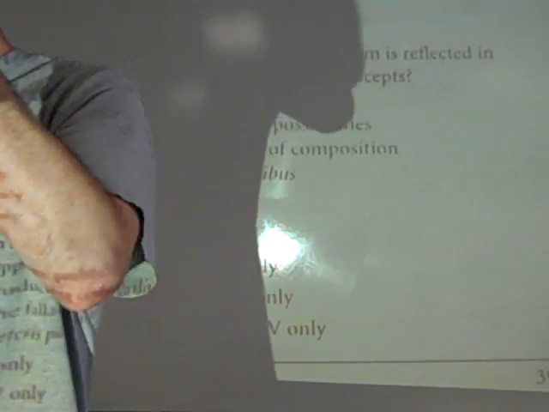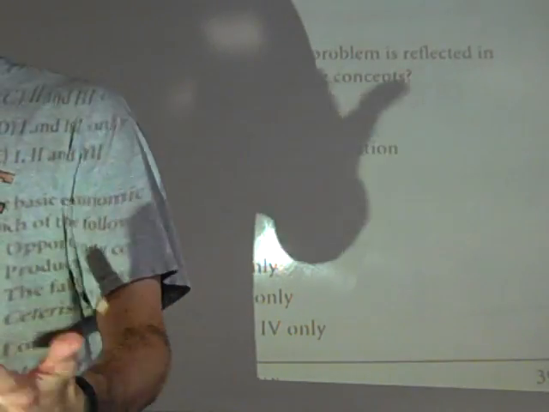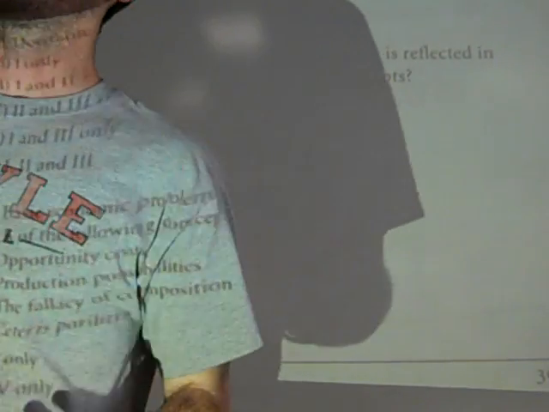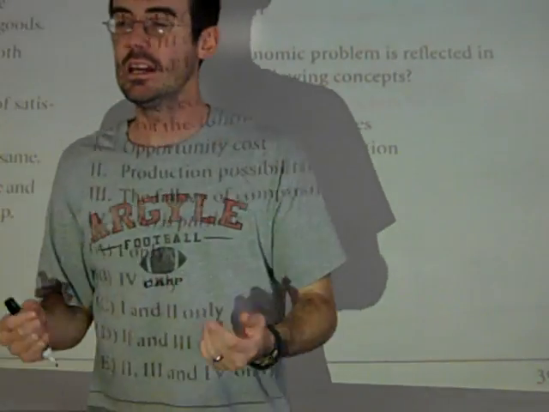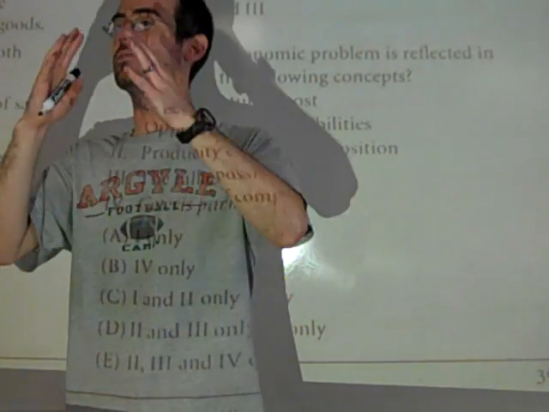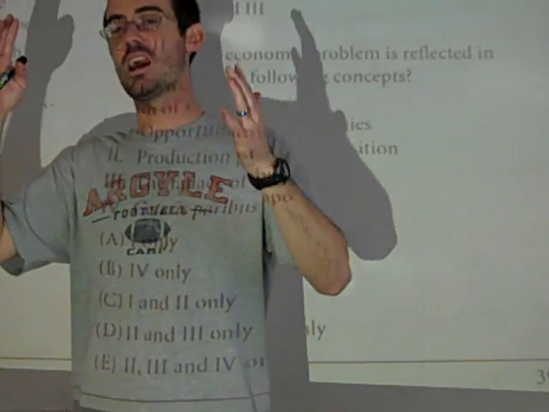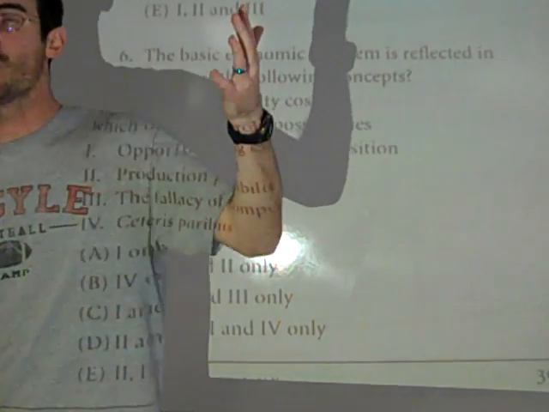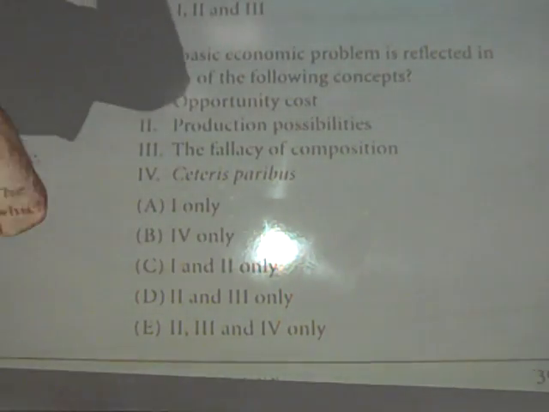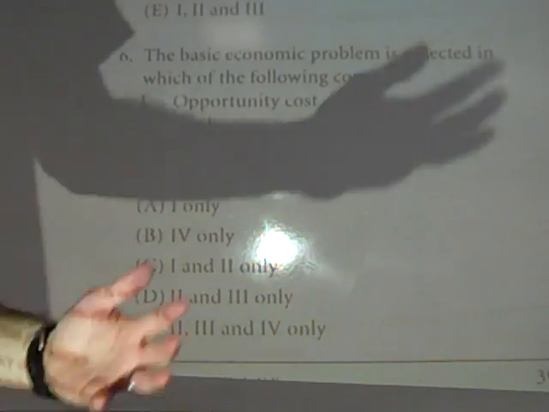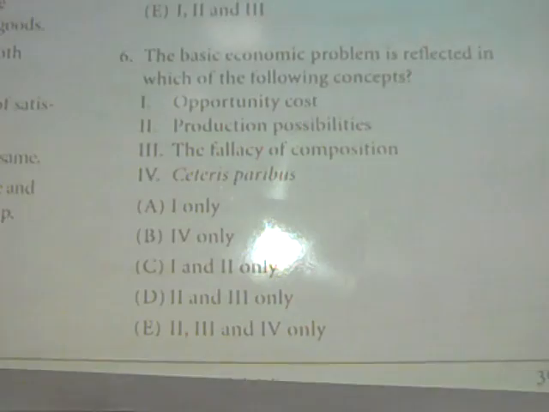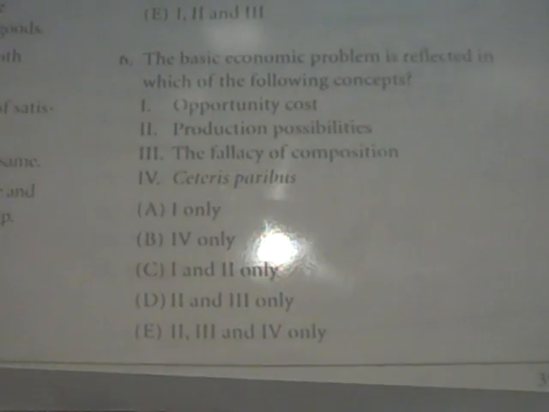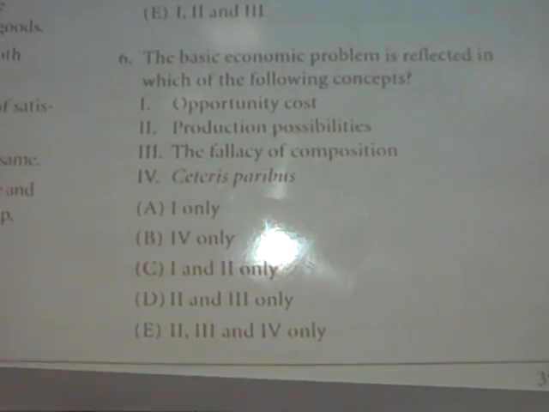And then there's confusing correlation with causation. Just because two things generally go together and are statistically correlated, they seem to move together up or down, or one goes up and causes the other to go down. Just because two things are correlated doesn't mean one is causing the other. Income and education are generally positively correlated. High income goes with high education. High education goes with high income. Does that mean the education is causing the income? Does that mean the income is causing the education? Or some third factor like just your genes, your genetics is causing you to be both rich and highly educated? We can't assume that without more information. So those are the three major fallacies in economics. Or at least in logic that we sometimes fall prey to in economics and you should avoid.